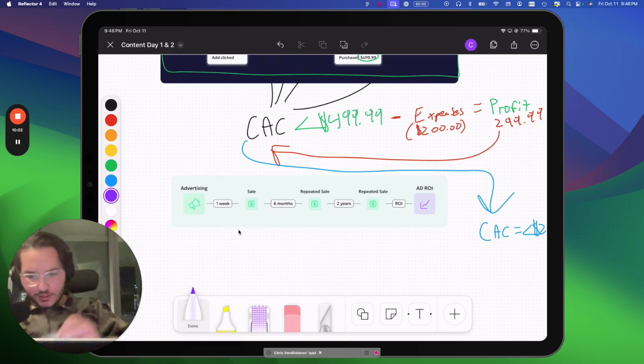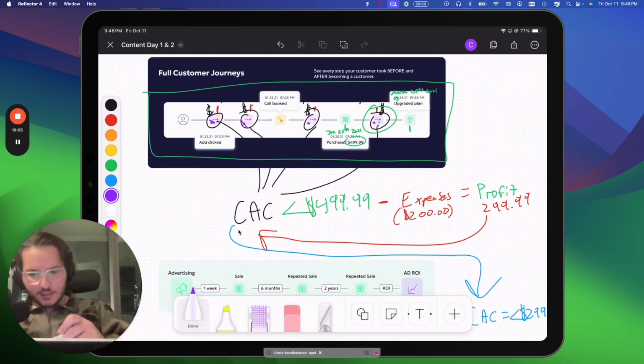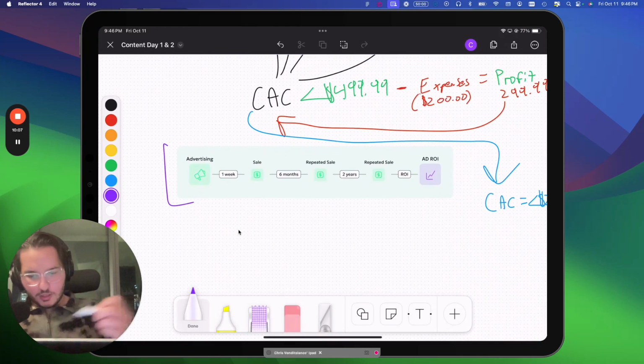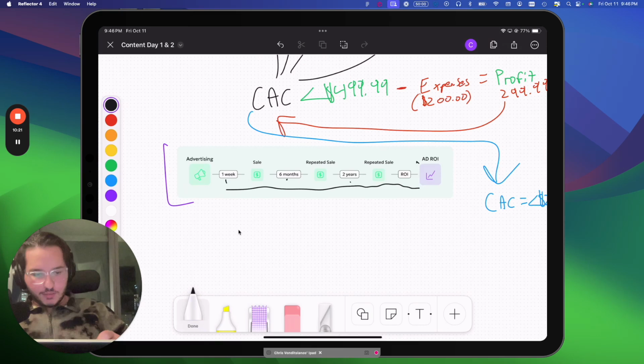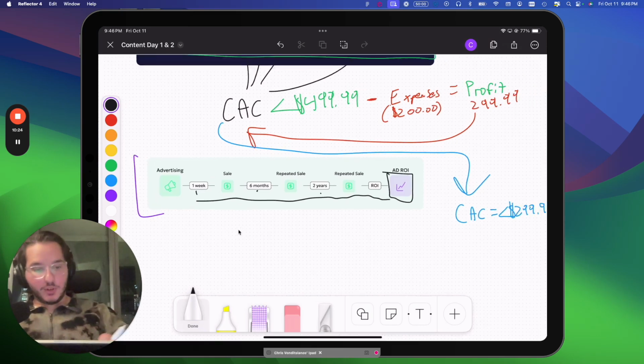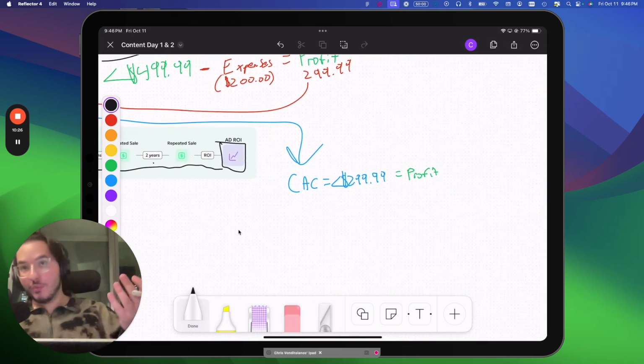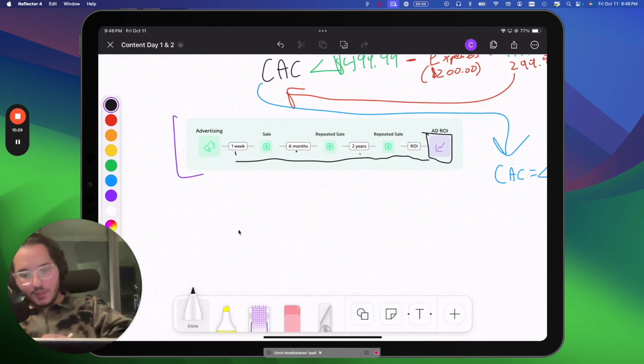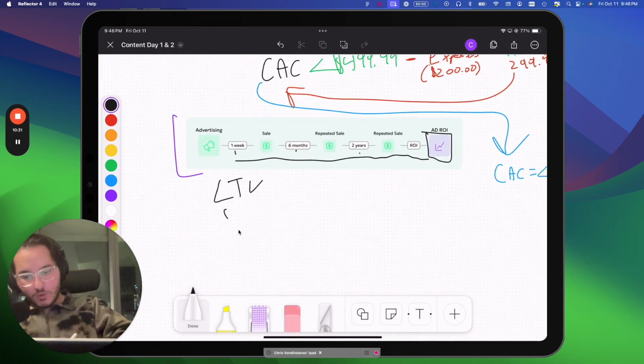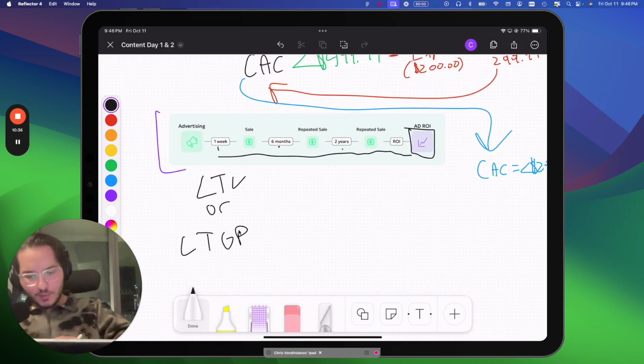And this is, I guess, just a lesser version of that. This is a more detailed version. This is a less detailed version. This is just showing a time span of a customer journey. It could be 1 week, it could be 6 months, 2 years. All of this directly affects how much that original cost of acquisition would be beneficial for. So this is more of an LTV or LTGP, lifetime gross profit example,